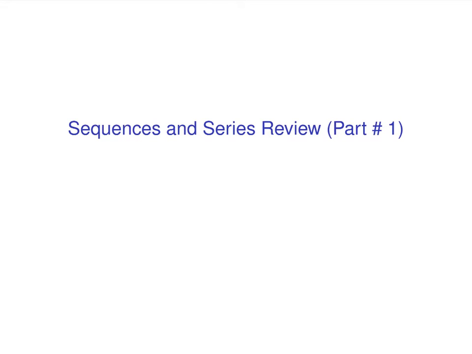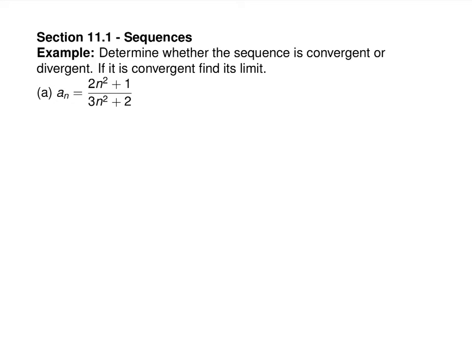Because there is so much content on this next test, we are going to spend 2 lessons reviewing for it. So the first thing we discussed were sequences. Remember, sequences are lists, whereas a series is a sum of the things in that list. To determine whether a sequence is convergent or divergent, find its limit. So we're going to find the limit as n goes to infinity of these a sub n's